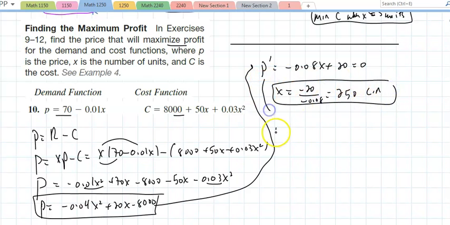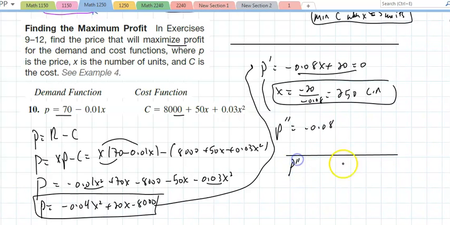Observe how useful a second derivative would be. Isn't that negative 0.08? If I want to do my testing, you say, wait a minute, but the second derivative can never equal 0. That's actually a good thing. Why is that? Because no matter which point I pick, let's say I pick 5, what's the second derivative? Isn't it always negative? If the second derivative is negative, isn't that concaving down? Isn't the critical number in there? Automatically, that makes it a maximum profit